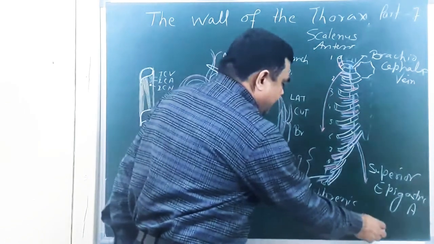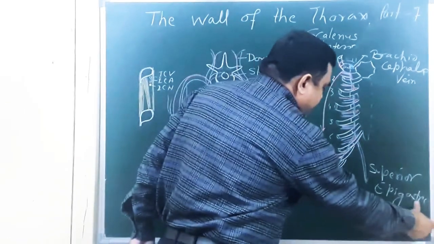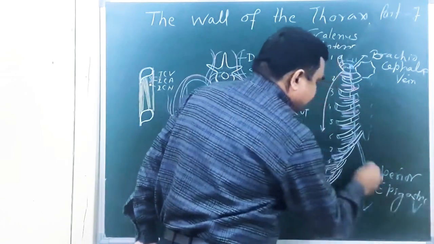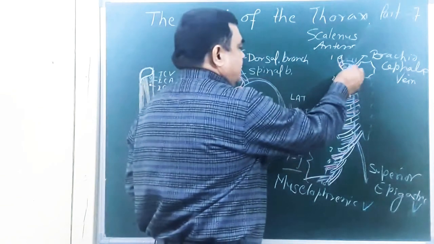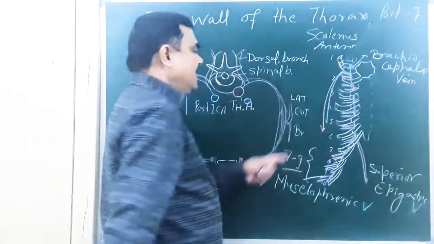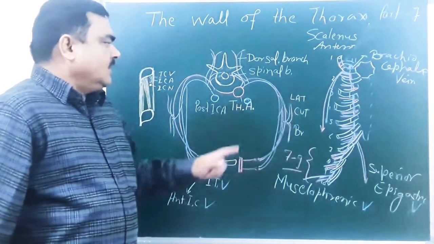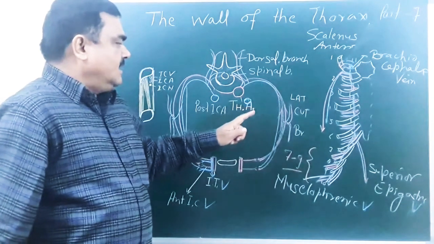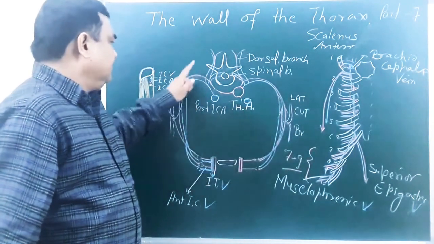This is musculophrenic vein. Here is superior epigastric vein. Here is also pericardiophrenic vein, which accompanies the artery. So this is venous drainage of the